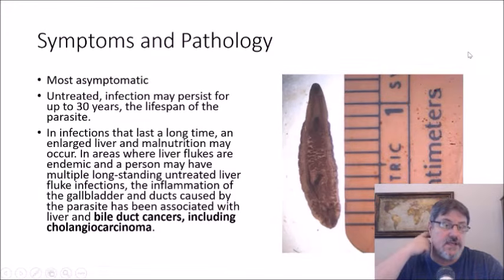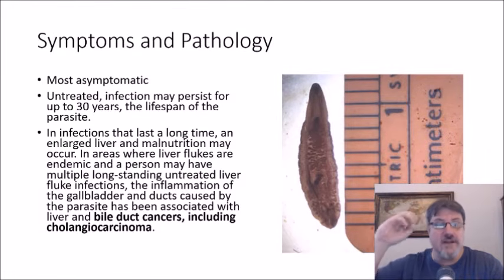Symptoms and pathology: mostly asymptomatic. Untreated infection may persist for up to 30 years, basically the lifespan of the parasite. In infections that last a long time, an enlarged liver and malnutrition may occur. In areas where liver flukes are endemic and a person may have had multiple long-standing untreated liver fluke infections,